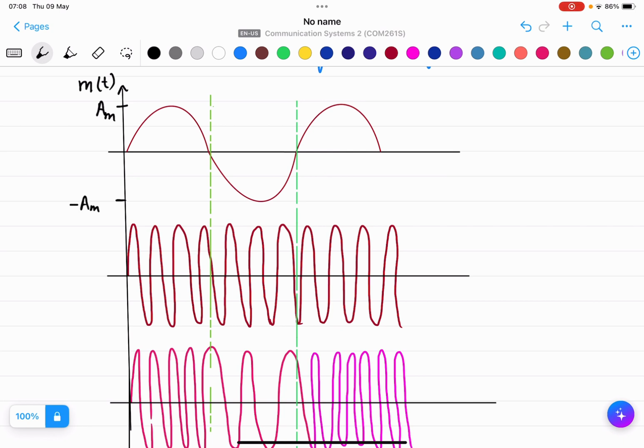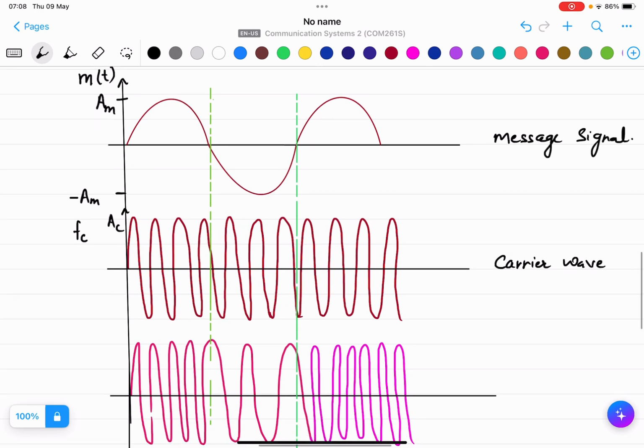Okay, now this one is the carrier wave, so I can say it has a frequency f_c, and the amplitude of the carrier wave is A_c, right? So I can write that it is a carrier wave. It is just similar to what we discussed in the amplitude modulation waveform. This is my message signal,